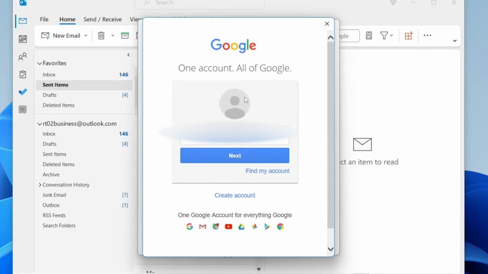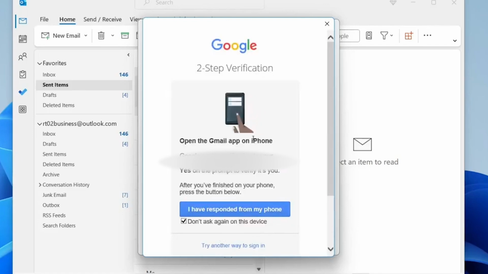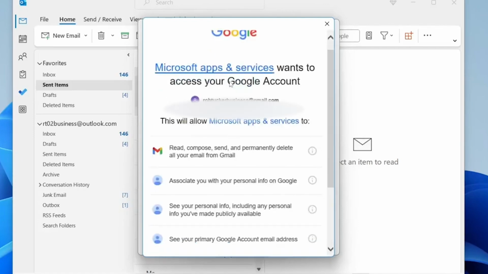Because I'm using a Gmail account, I got this pop-up here, but if you are using Yahoo, you're going to get a Yahoo pop-up. It's all going to vary on your provider. Then go and tap on Next. After you have entered your password, you can go and tap on Sign in, and it's going to take